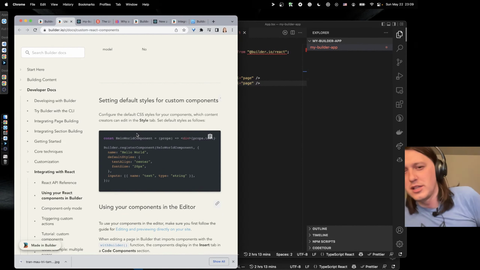Code. Wonder what that is. Okay, spinner.